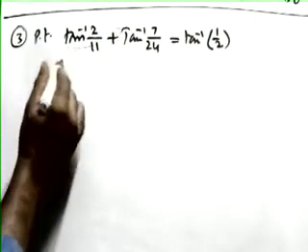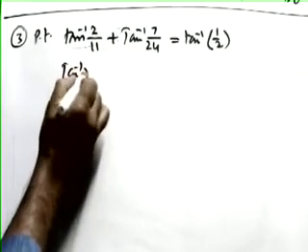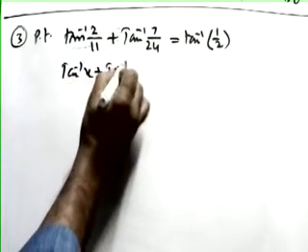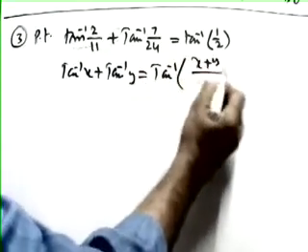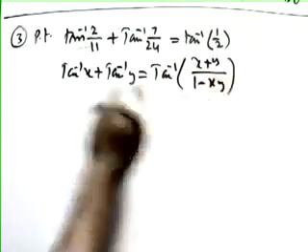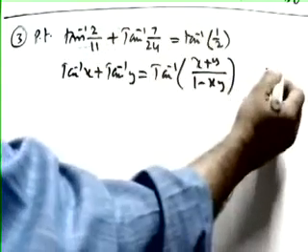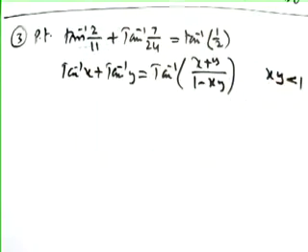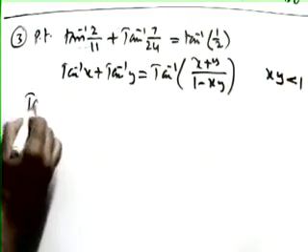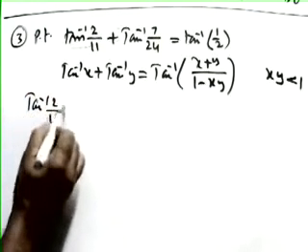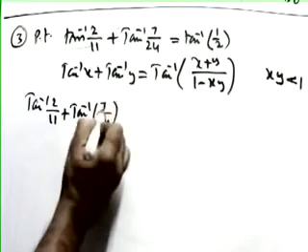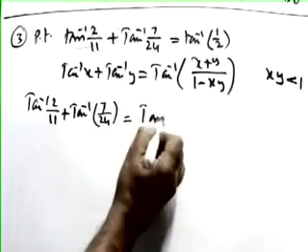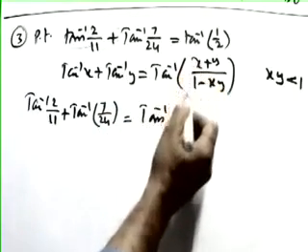So you see here tan inverse. Suppose this is x, this is y. We have a formula for this: tan inverse x plus tan inverse y is nothing but tan inverse of (x plus y) by (1 minus xy). The condition for that is xy less than 1. So I am using this: tan inverse 2 by 11 plus tan inverse 7 by 24 equals tan inverse